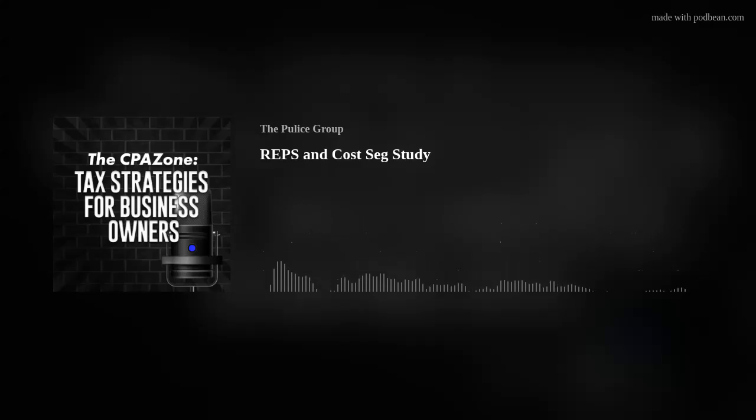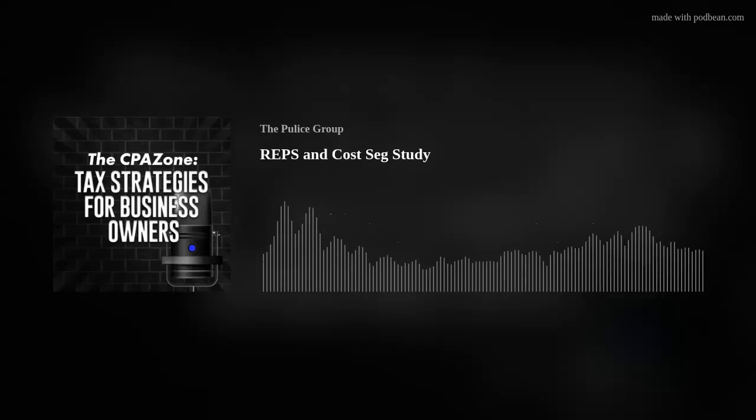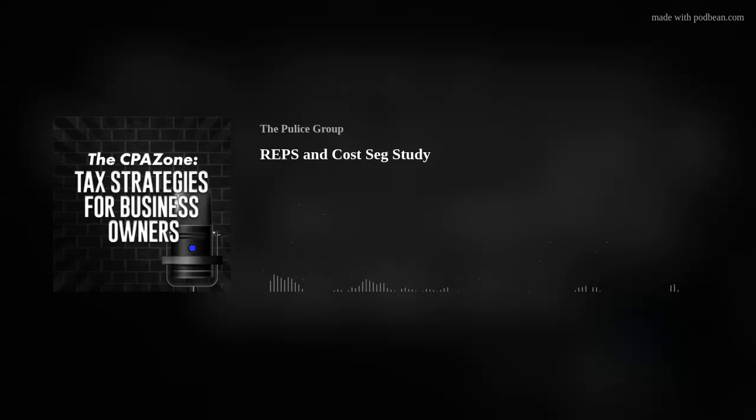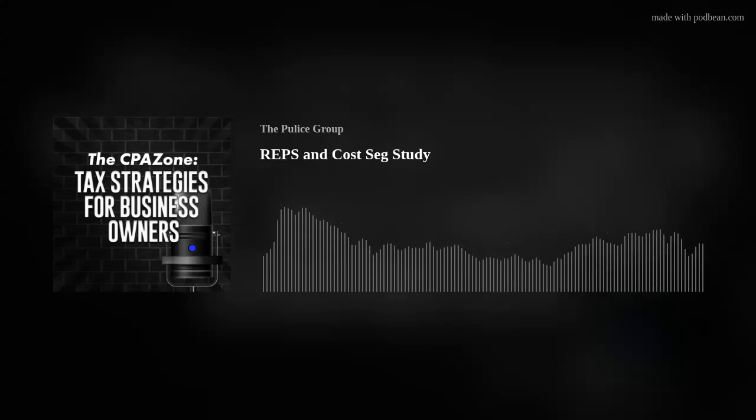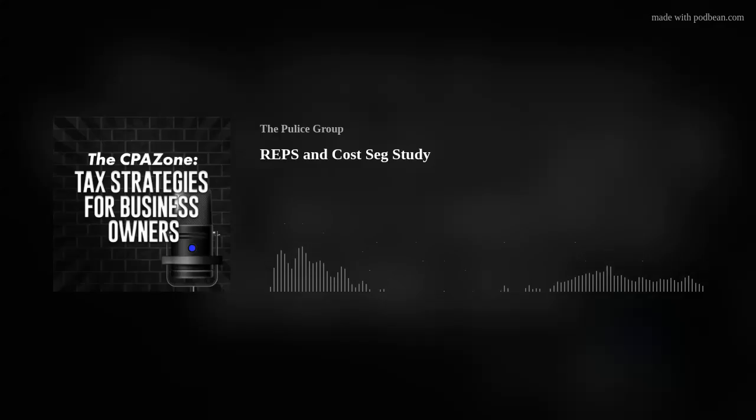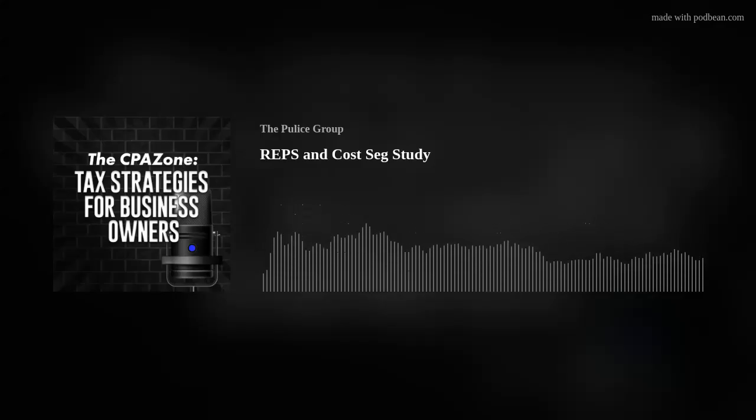Do I have to hit these tests for each one individually? And the answer by default is yes. The default standard is you have to materially participate in each rental property to deduct the losses. Now, however, there is a grouping election that allows you to treat all of your rental activities as one. So this group election, called the G election under Treasury Regulation 1.469-9G, lets you treat your entire rental portfolio as a single activity for material participation.